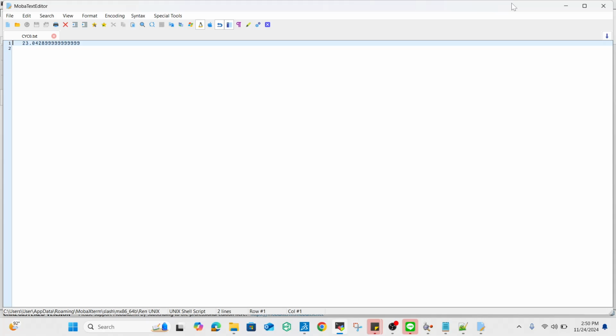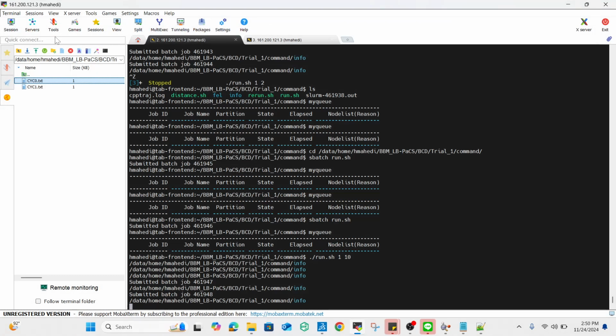So it's only three. It means now the drug is moving around here and there, but our concern is whether it's getting inside or not. So it's just cycle zero, so don't bother about it. It's just the start of the simulation. The first analysis we will do is the distance analysis. So for the distance analysis,